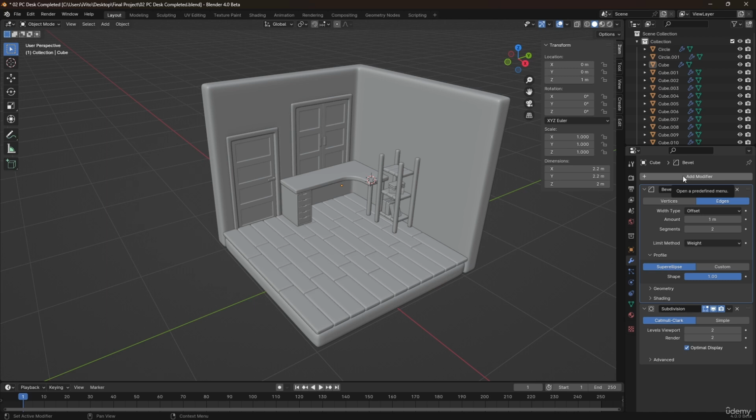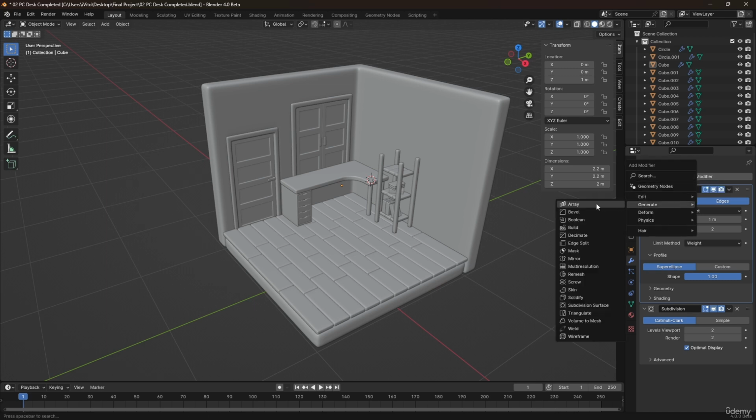So what I would like you to do is click on Add Modifier, and then add some of these modifiers that we're using over and over again to your favorite menu. And to do that, you simply right-click, and then you can add the modifier. So if I right-click here, you can see that it says Add to Quick Favorites. Now I've already added these, and you can't reorder or rearrange these, so add them in an order that's